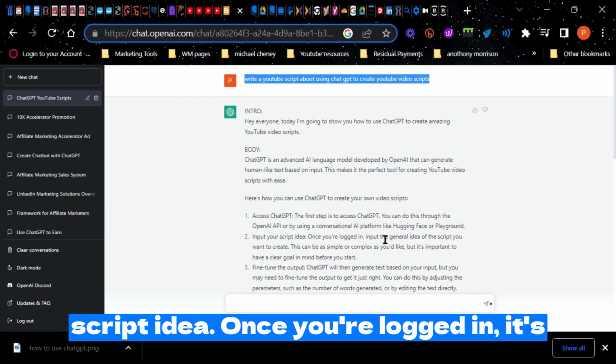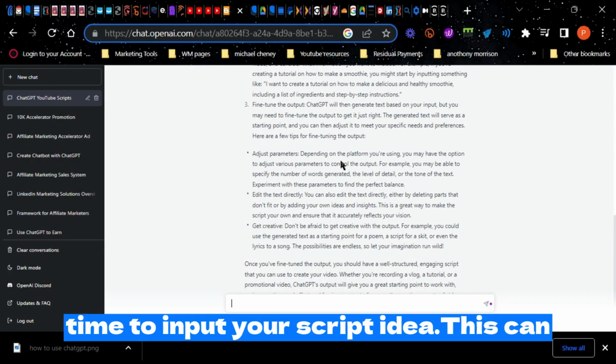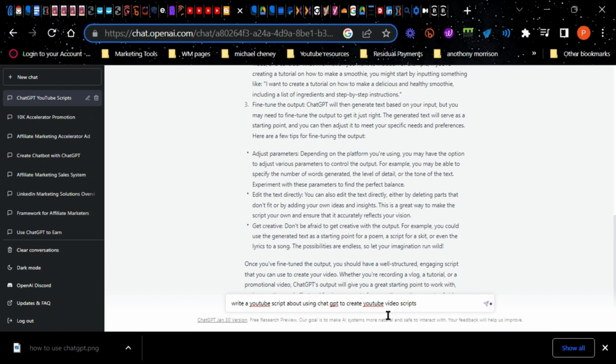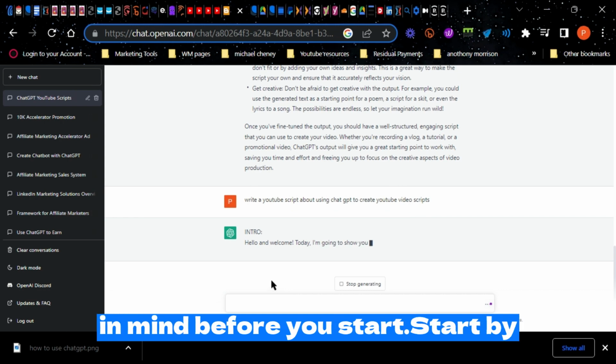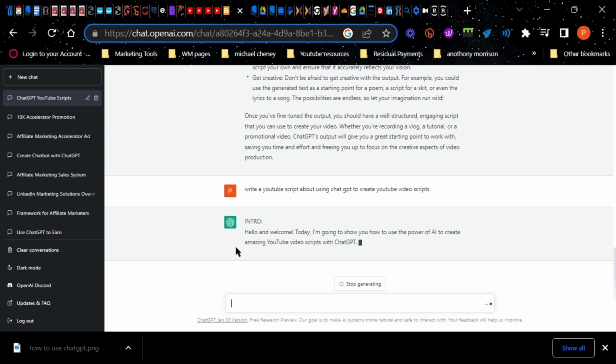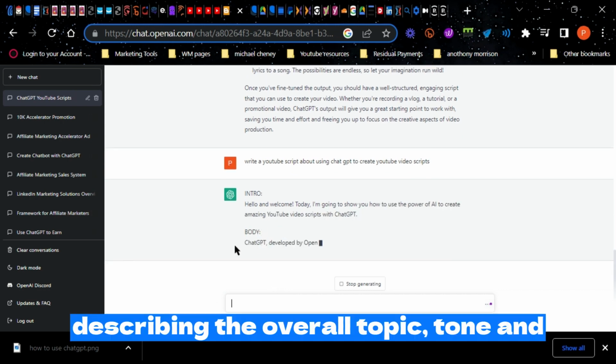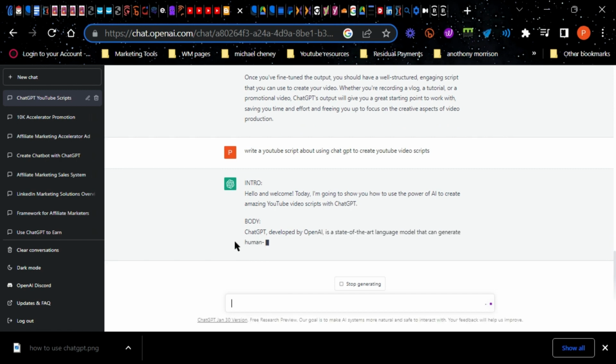2. Input your script idea. Once you're logged in, it's time to input your script idea. This can be as simple or complex as you'd like, but it's important to have a clear goal in mind before you start. Start by describing the overall topic, tone, and structure of the video, and consider what information you